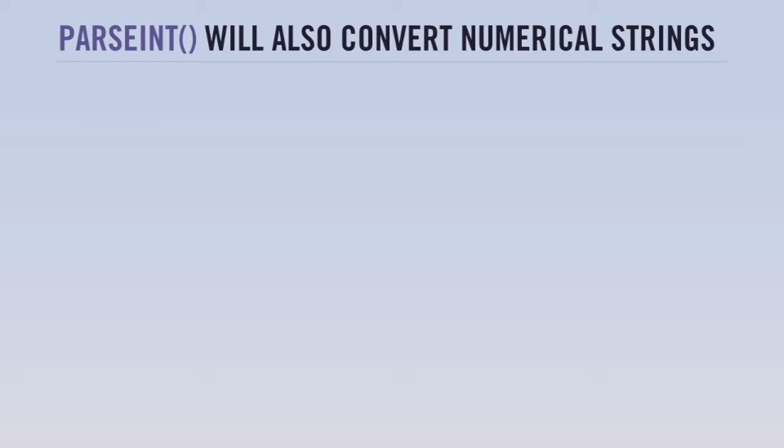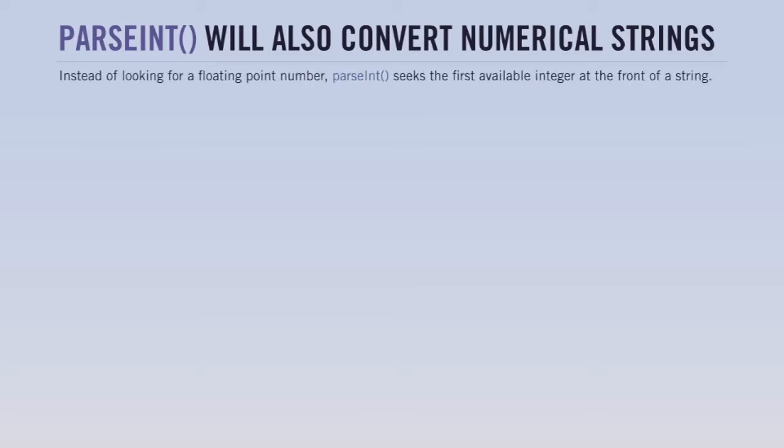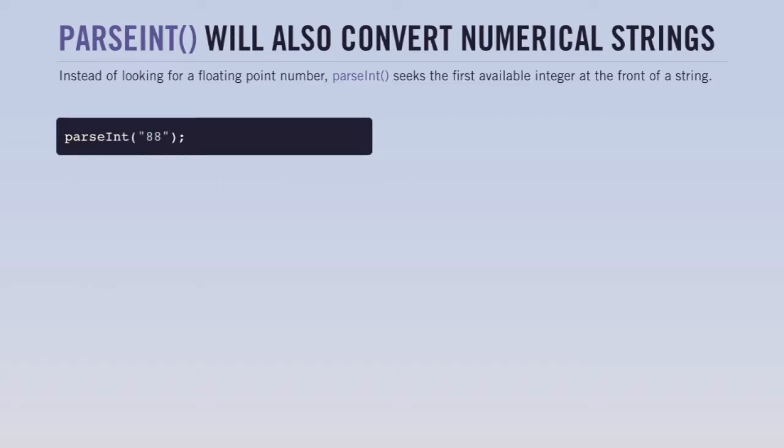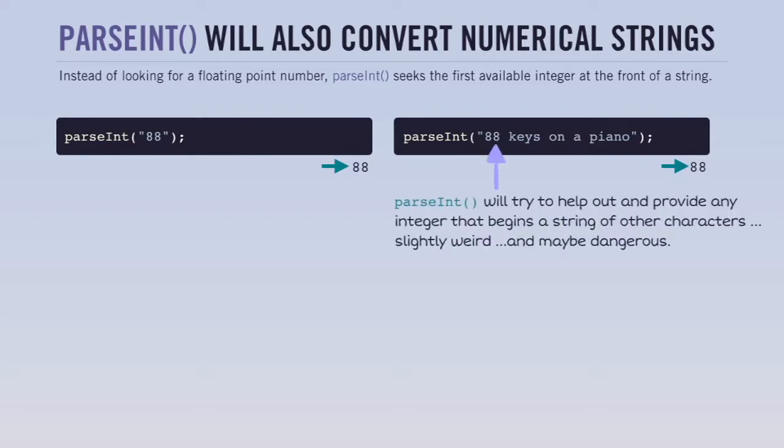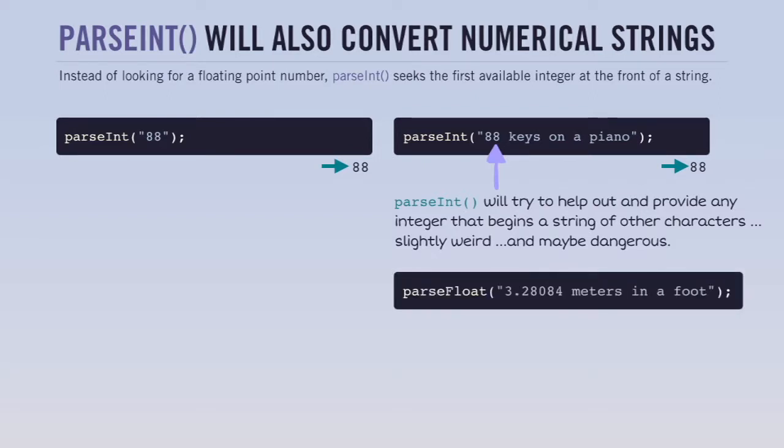parseInt is also a very valuable method that will convert numerical strings. But instead of looking for a floating point number, parseInt is going to seek the very first available integer on the front of any string. So here you can see if I've got parseInt on a string 88, it's going to return a very nice 88 to me. But if I pass in a string that has an integer on the front, parseInt is going to try to help out. It's going to try to provide any integer that begins a string of other characters. That's slightly weird, very often dangerous. Same thing with parseFloat too. If I pass in a sentence here,